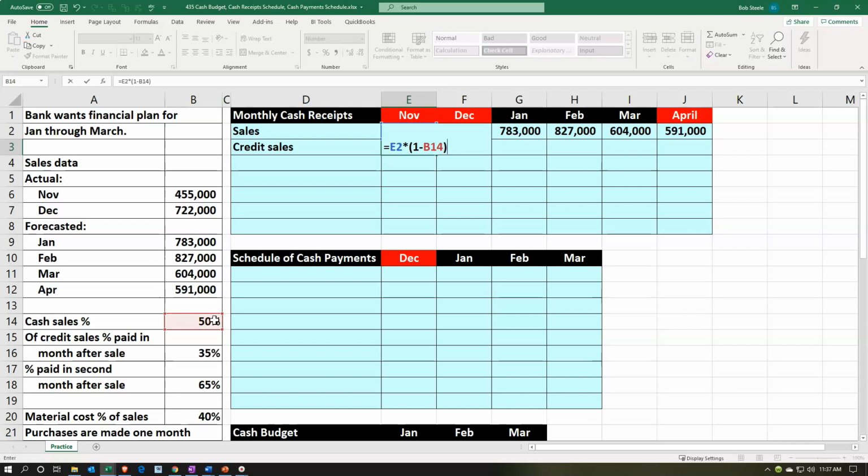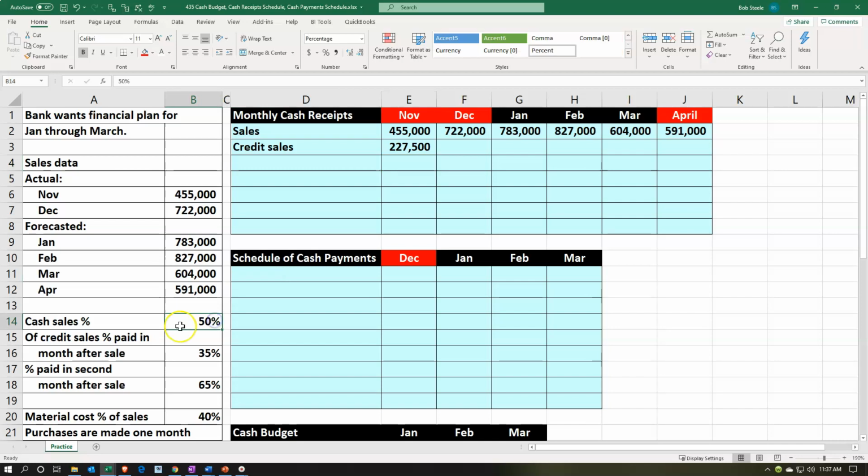You might say, why would I do that? Because it's still just 50%. And the reason is because if I was to change my estimate over here and make this 60%, then this would be changed appropriately. Instead of taking 60%, it would be taking 40. You want to set up your worksheet so that you can change these numbers on the left and then easily change your projection without having to do anything fundamental or having to do as little as possible over here in the actual worksheet. So your data is over here, your worksheet's over here, and you want to keep those two